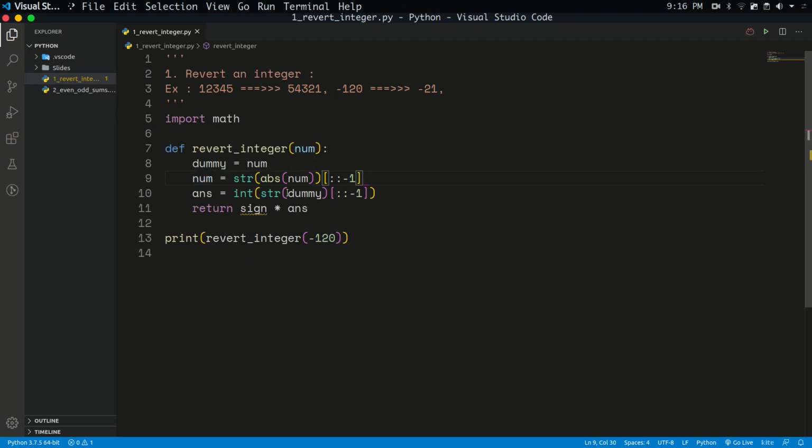So now the number will be an integer actually. Yeah, it should be an integer, so I want to convert it to an integer. Okay, now number is an integer, right? Because by default what we are getting there is an integer. Now, but I don't want to lose the sign. While applying the absolute value, I'm losing the sign, right? That is why I've stored the actual number in the dummy variable. So what I'll do is,